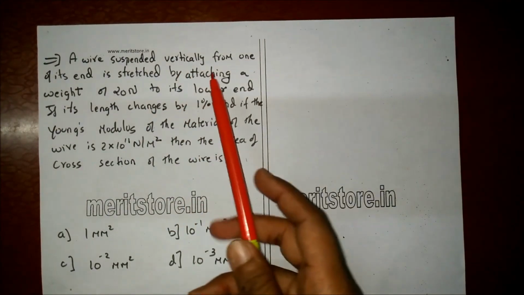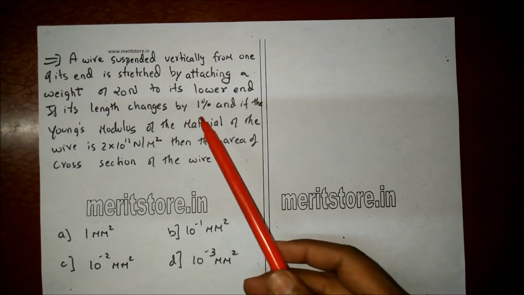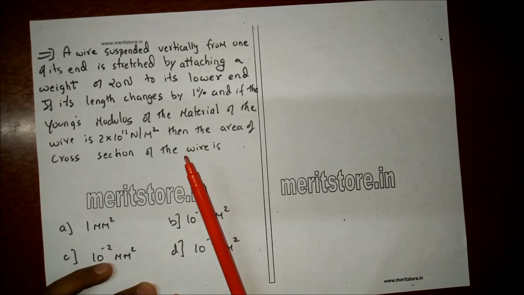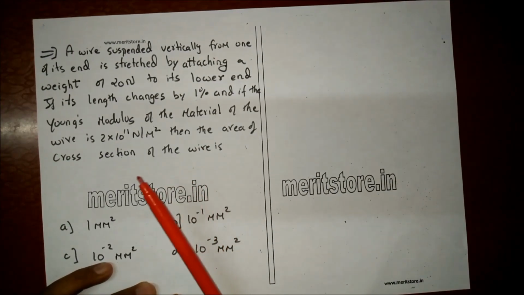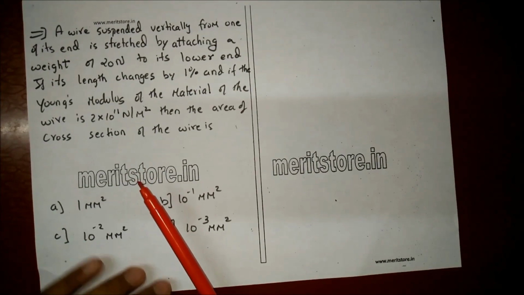A wire suspended vertically from one of its ends is stretched by attaching a weight of 20 newtons to its lower end. If its length changes by 1% and if the Young's modulus of the material of the wire is 2 into 10 raised to 11 Newton per meter square, then the area of the cross section of the wire is,